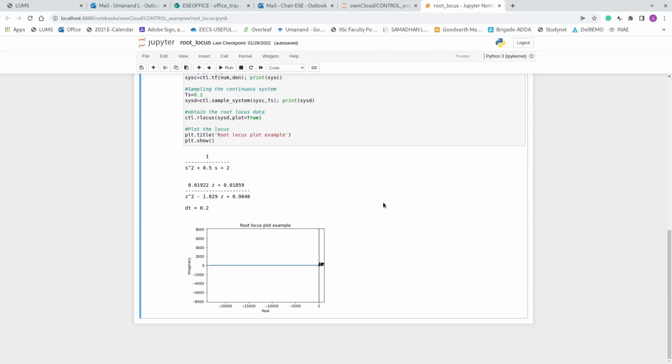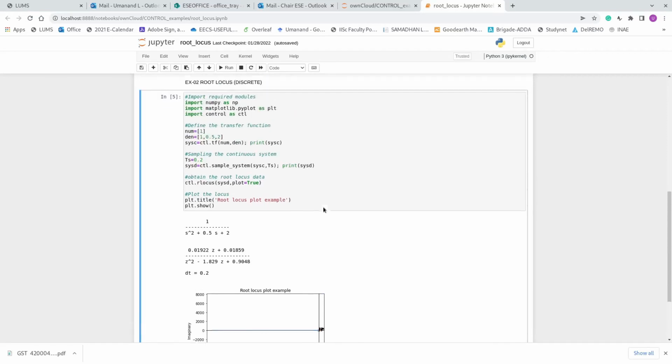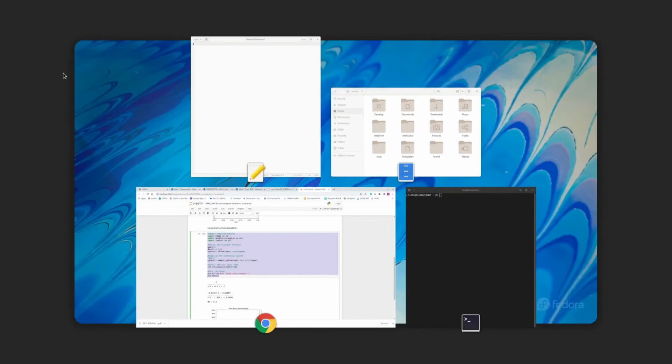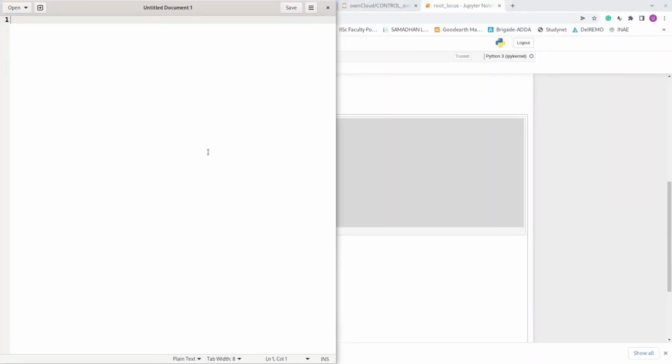And now I will smoothly transit to IPython and then again come back to Jupyter here. Let me copy this piece of script and open a text editor.